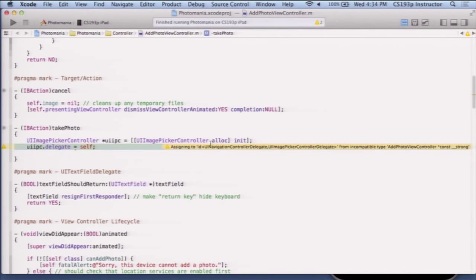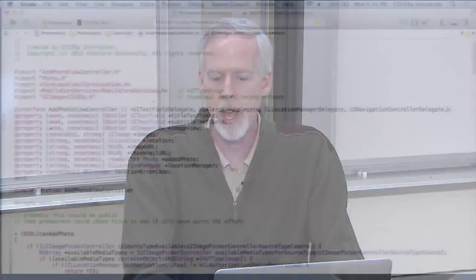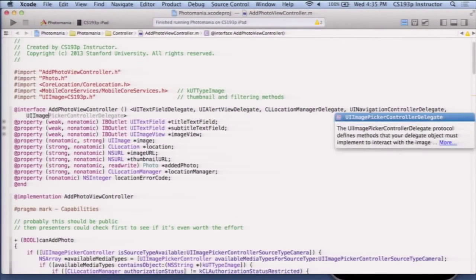Notice it also says we don't implement the UINavigationControllerDelegate. This is kind of a weird thing about UIImagePickerController. It inherits from UINavigationController, so it inherits that delegate method, and so it requires that you be a delegate for both. So I have to be the Navigation Controller delegate,